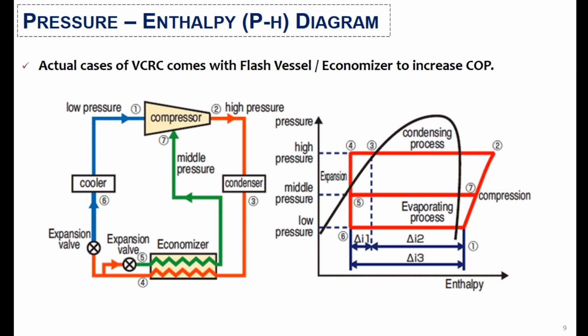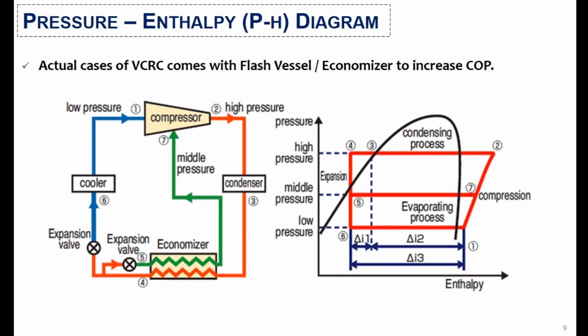In normal cases, as you reviewed in the previous slides, when the compressor starts working, it changes the phase from point 1 to 2, and then 2 to 3, and then back from 3 down to 6, and 6 to 1. But when there is a flash vessel or economizer present, then the economizer basically